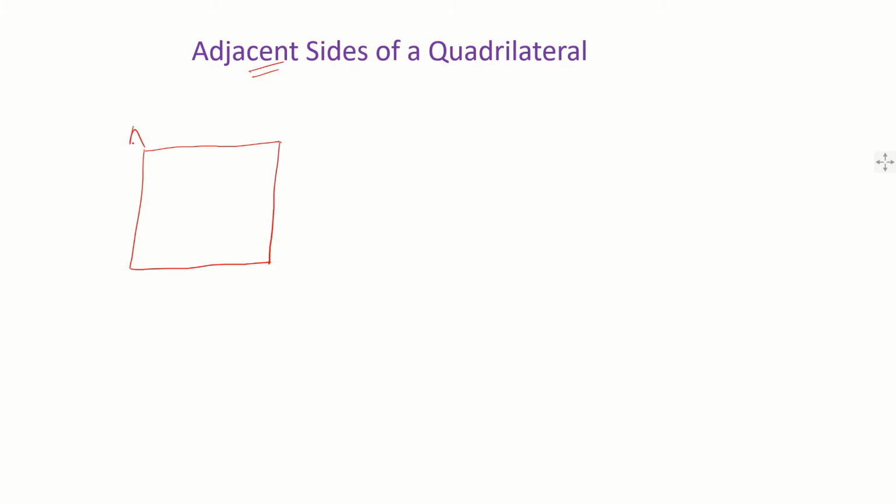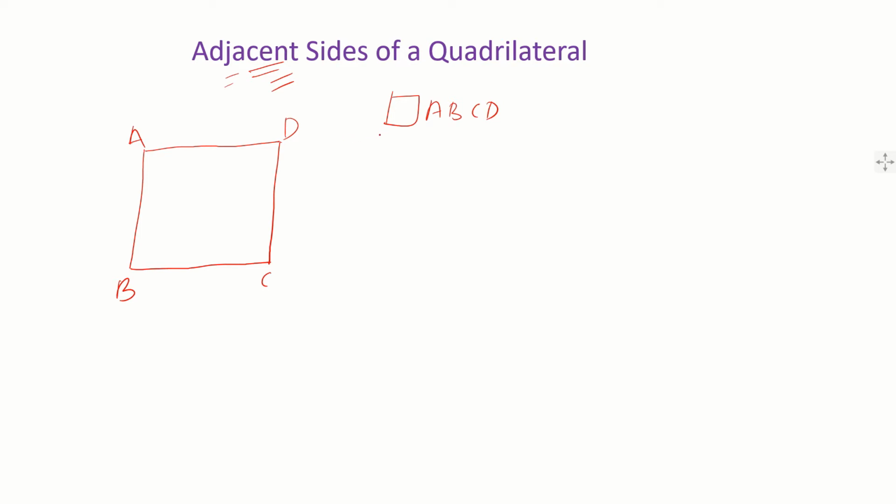And again, I am naming it as ABCD. Now the point over here is adjacent sides. Adjacent means neighbor, बाजू वाला. So here is a quadrilateral ABCD, and I can say that बाजू बाजू का sides कौन